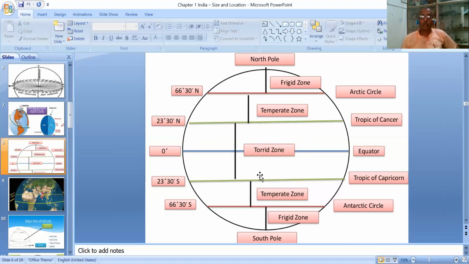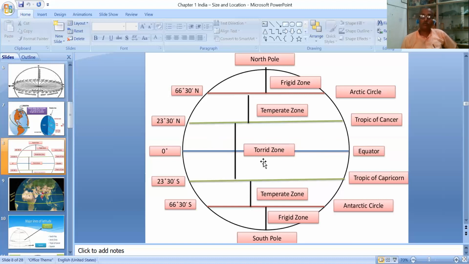Now the most important one, 23.3 degrees south to 23.3 degrees north, the torrid zone. Here the weather phenomena are entirely different. Why monsoon rainfall comes in some parts of the world, why evergreen forests are located there, why day and nights are almost equal in this position. This position is also very important for India, which comes in this part, and why India gets rainfall during the summer season. All these things we are going to learn in the fourth chapter of geography. That's why you have to remember the torrid zone. So it is a very important diagram, note it down in your notebook, and let us continue with our study.